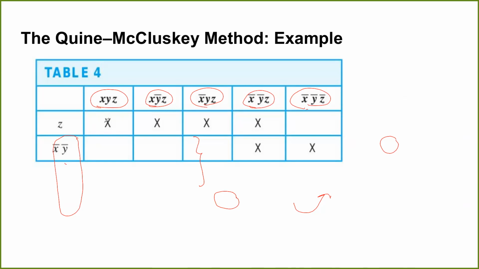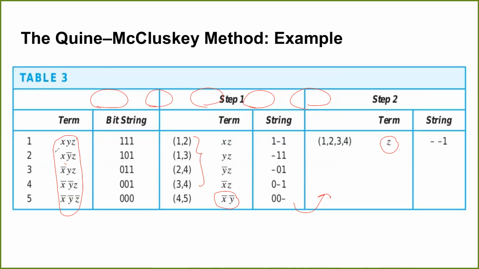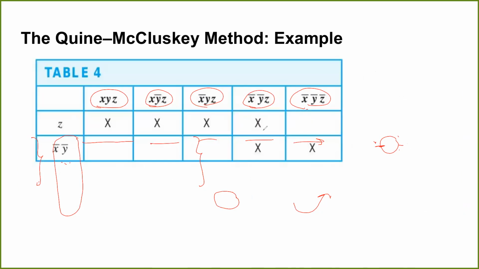Okay, and what I do is place a cross for all the terms which have been involved in getting that term. So you can see XYZ was able to give Z from one of these XYZ terms. Similarly, X prime, Y prime, Z also gave you this Z term, right? So you have the terms 1, 2, 3, 4. All of them were involved in getting the Z term. So in all those first 4 terms, you put a cross.